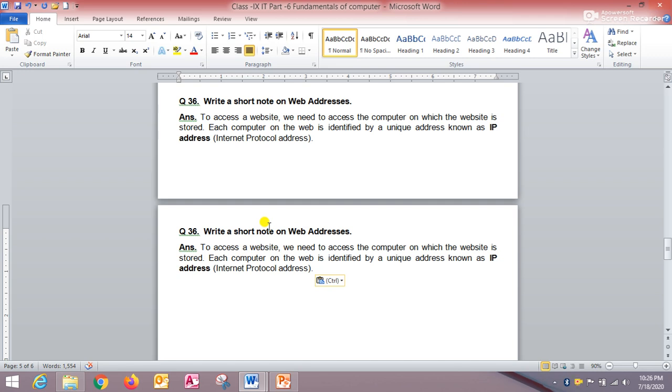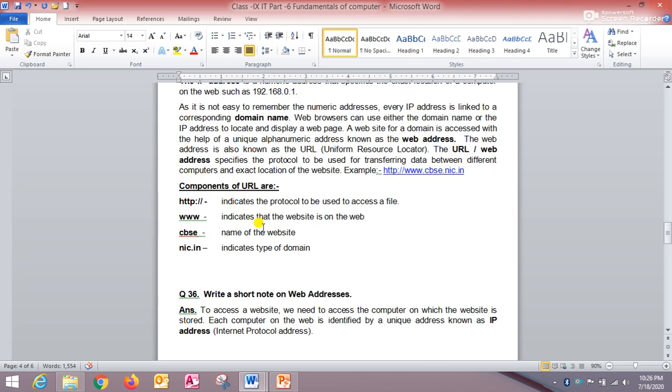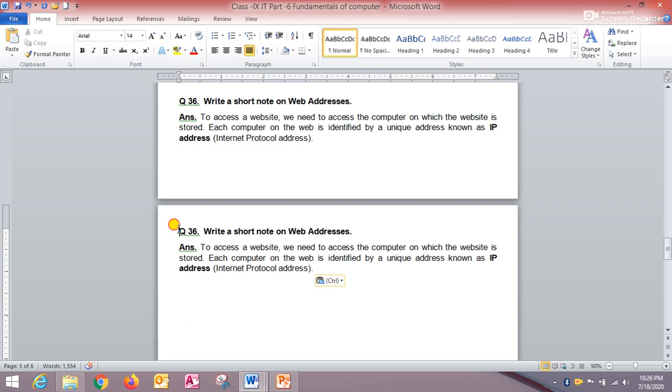Third method to copy the text. How we can copy the text? Third method is using the shortcut key combination. Right? Suppose again I am selecting this question. I am selecting this text.